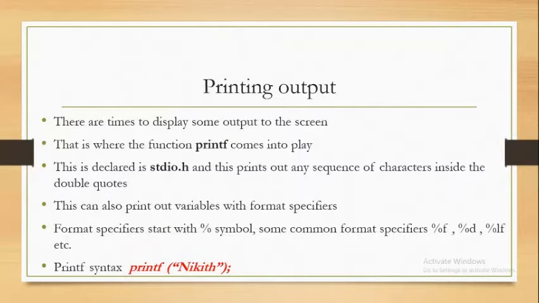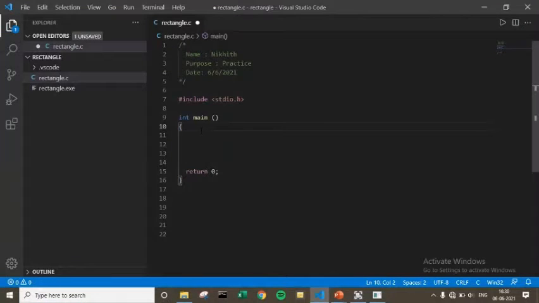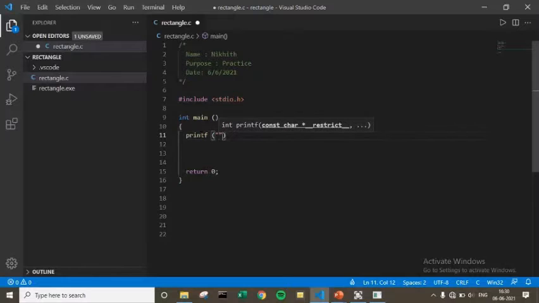So let's go to our IDE, Visual Studio Code, and test this. So I wrote my name inside these double quotes. Let's see if this prints or not.